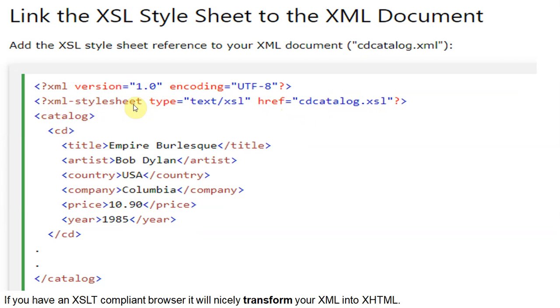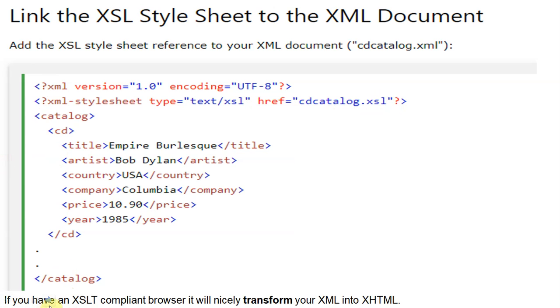And now we are adding one XSL style sheet. This is called xml-stylesheet, not xsl, but its type is text/xsl, hyperlinked with cdcatalog.xsl. Its extension is xsl, not xml, and the rest of the program will be the same.